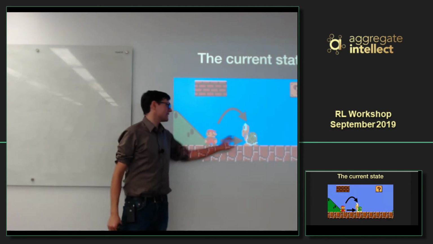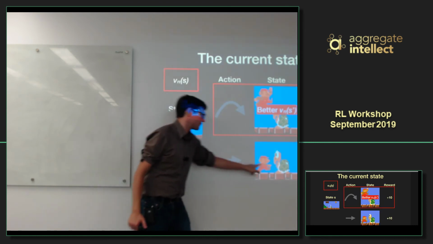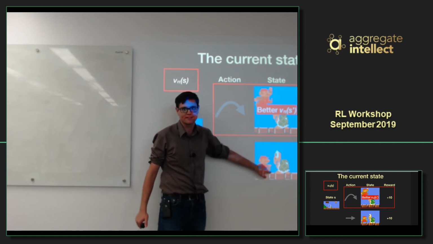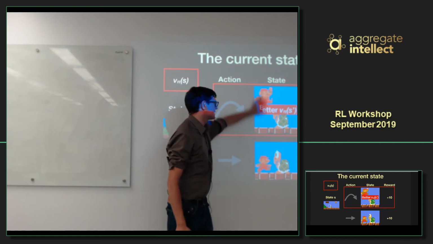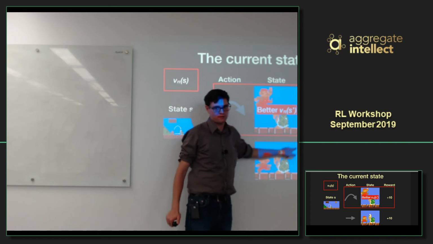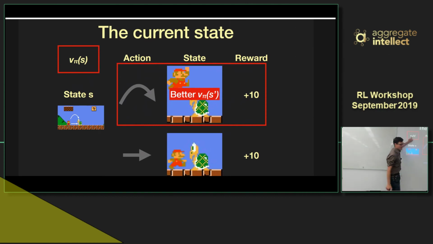We take this action and then we say, okay, we will move the same amount of frames ahead. And we reward our agent for the frames we move ahead. And we see here in both states, we are the equal amount of frames ahead. So they get the same reward. But we are estimating the value of the state under a given policy. So actually, the first one is better, because the value function of the next states, this one is a way better state than this state,